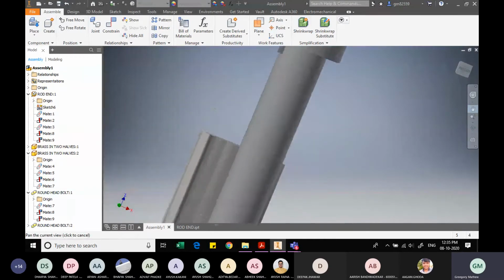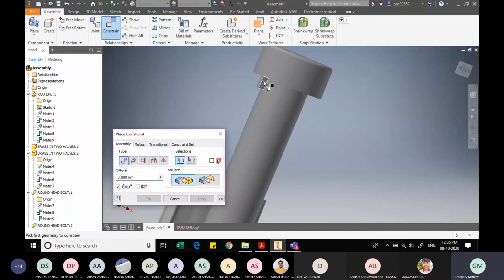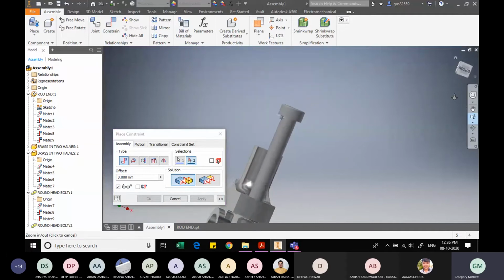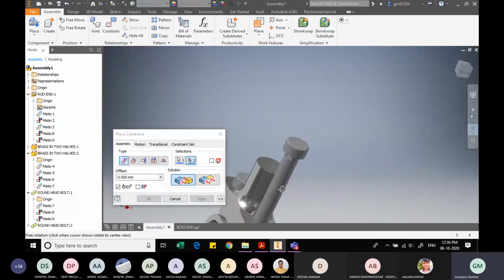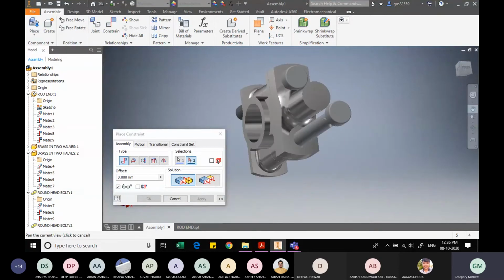let us select the proper faces, constrain this face with the corresponding recess, which is here. Let me just zoom it now.